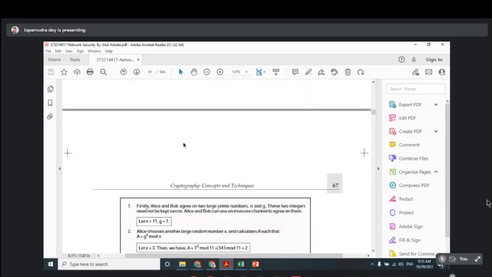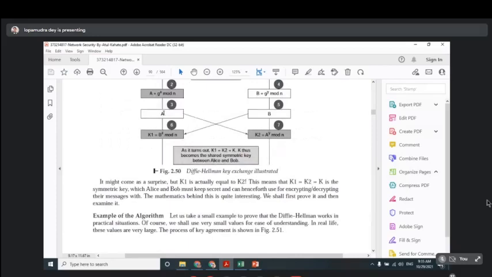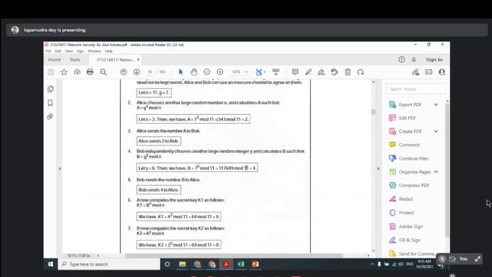Alice calculates A, which is equal to 2, and this 2 will be sent to Bob. Now what will Bob do? Bob also has the information n equal to 11, g equal to 7. So Bob will calculate another value B, that is g to the power y mod n. What is y? y is the secret key that only Bob knows. For example, y equal to 6. It can be any random number; it is not mandatory to take a prime number. You can take any integer.